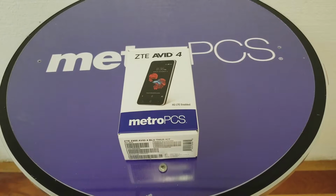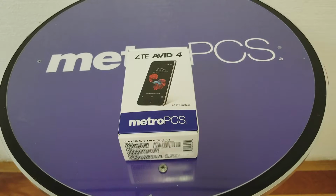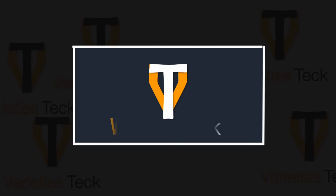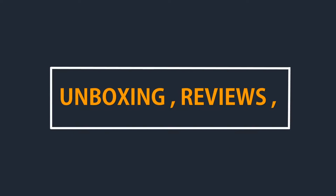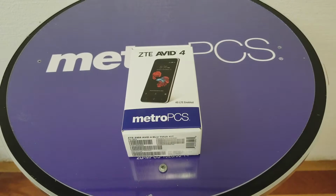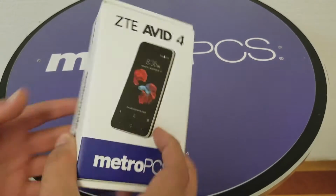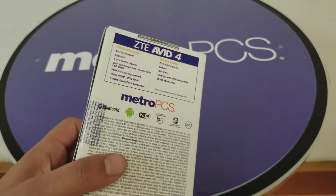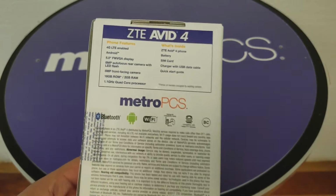Today we have a new arrival for metroPCS, the ZTE Avid 4. So without any further ado, let's find out. Here you go. So here's the box that we are going to open. Nothing really fancy in this box, but it's always good to have a look at the specification of the